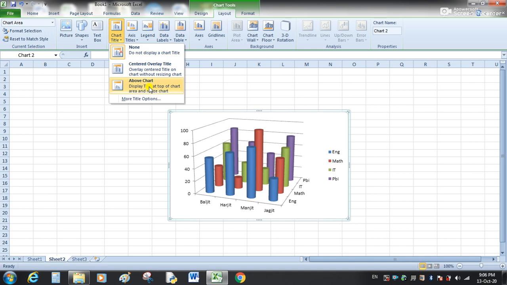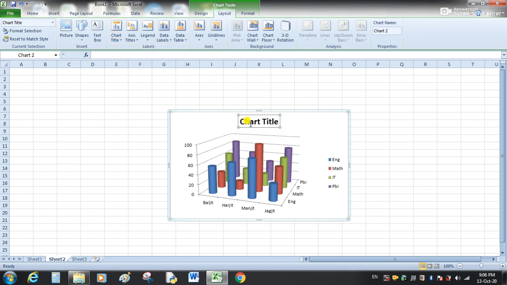I am selecting above chart. Here we can give the name of the chart, for example, student chart. We can give any name to this chart.